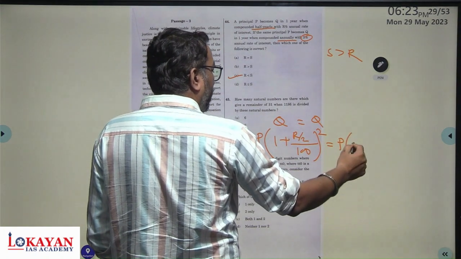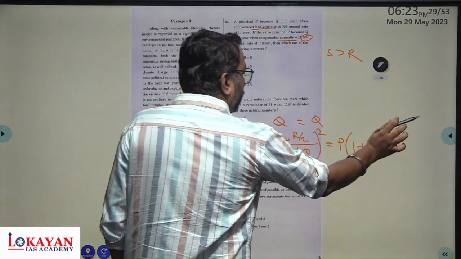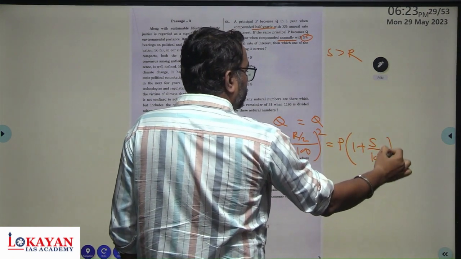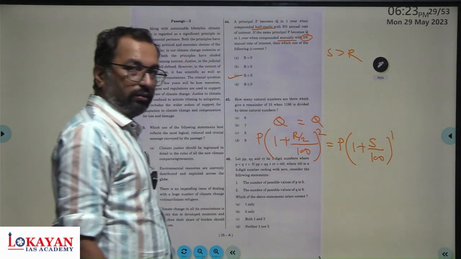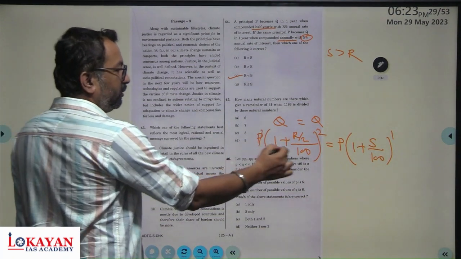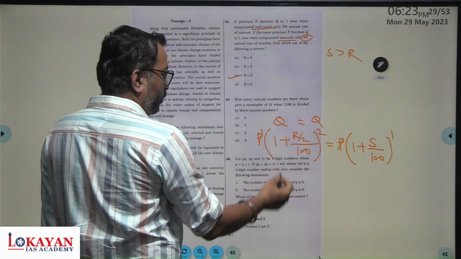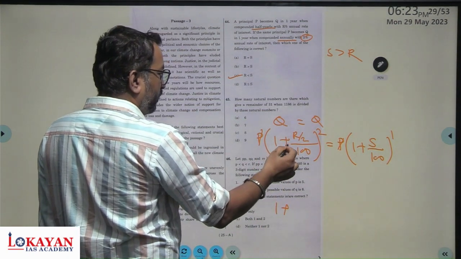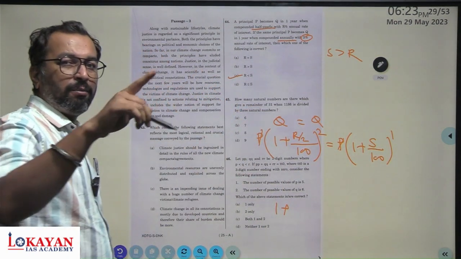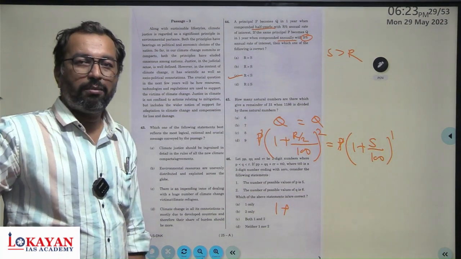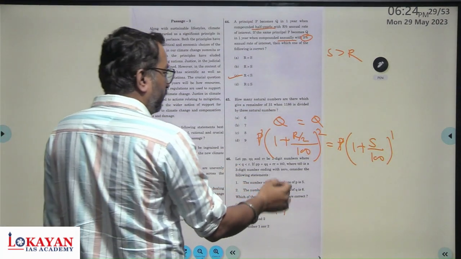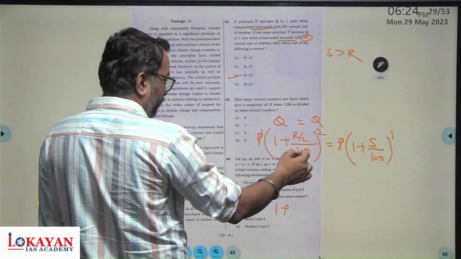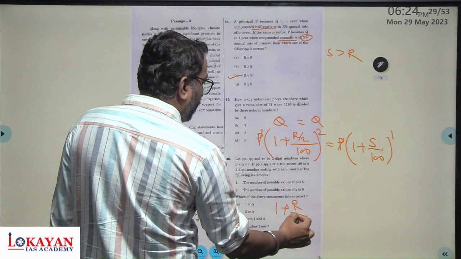और एनुअली में, सॉरी, रेट है s और ईयर है 1. सो P P get cancelled. Now it is a square. So 1 plus r by 200 whole square. 1 plus... a square plus b, bracket square gives us a square plus 2ab plus b square. So a square plus 2ab will give me 2 into 1 into r by 200. So it gives me r by 100